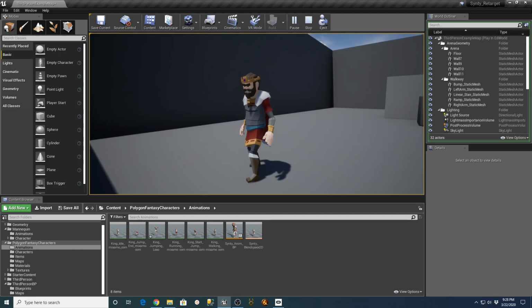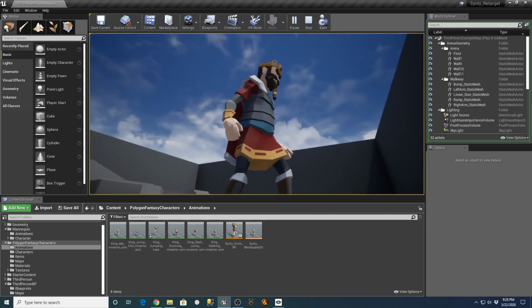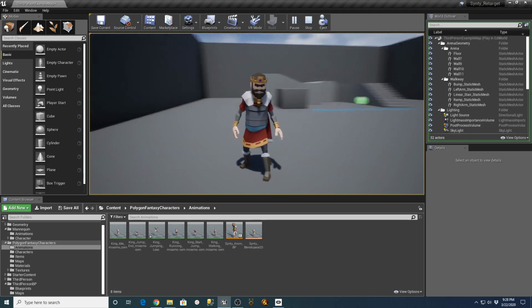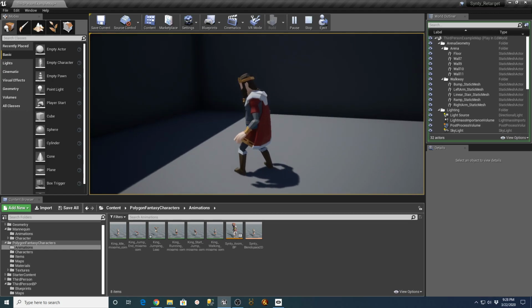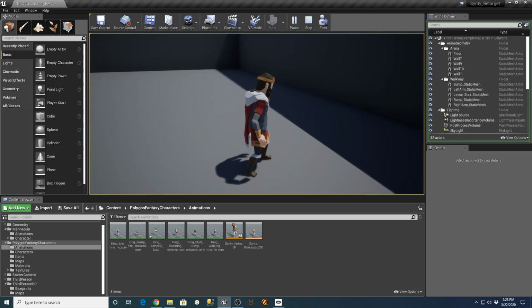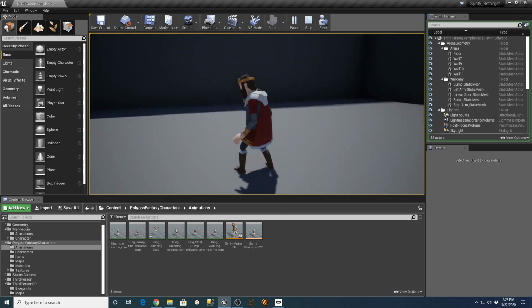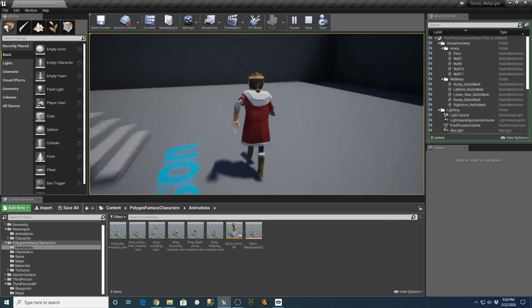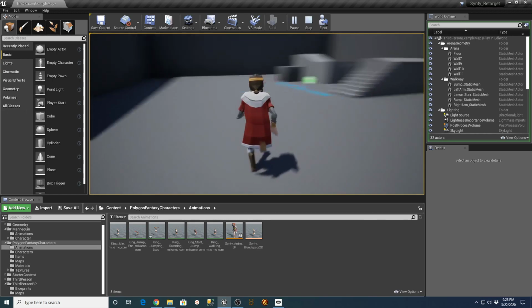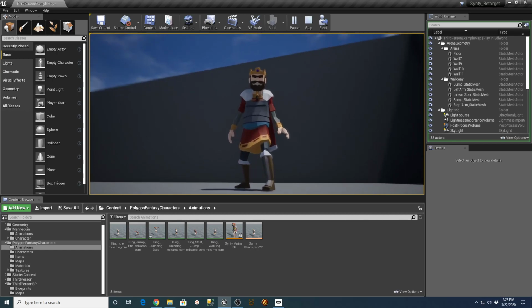But I guess the real thing here too is I could just duplicate those other animation sequences for the jump loop and jumping onto this character because of the blueprint functions. But I just wonder if this character looks better than what it would if we did it another way.